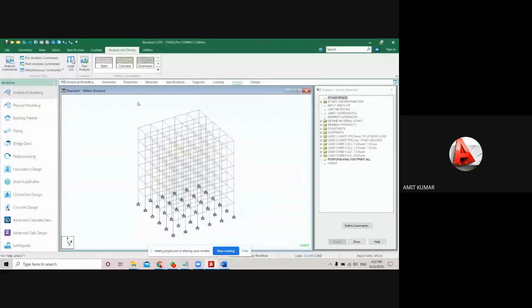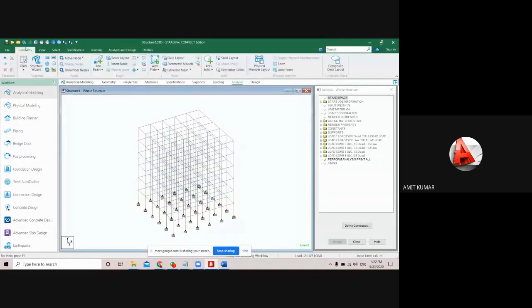That means I use the length unit in mm, and I have seen many people use meter also. That will not give you any difference in the output, you just have to put the value according to the unit. So currently I'm just going to change it. We can change the unit from the geometry menu. In the geometry menu, here it is the structure panel. In the structure panel you will see the input unit option.